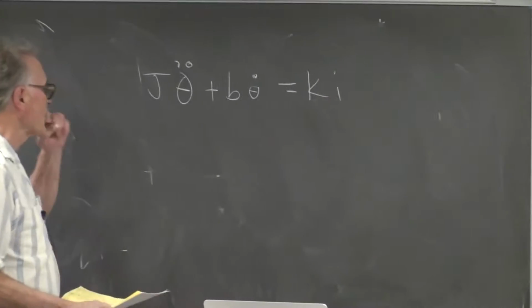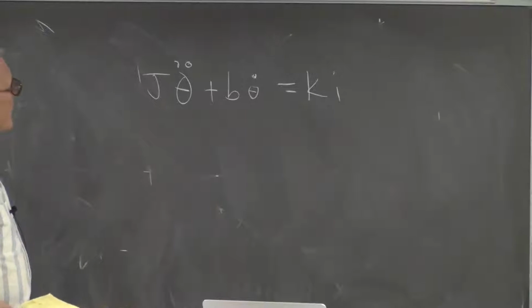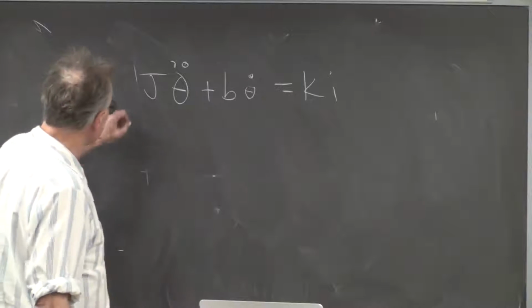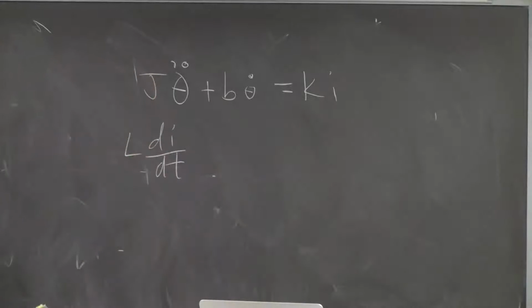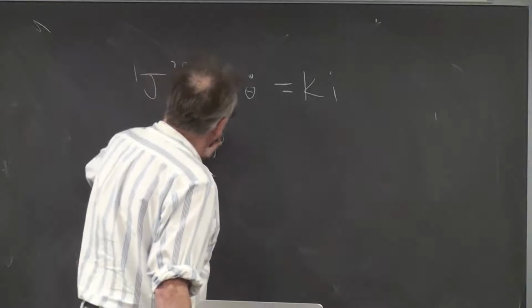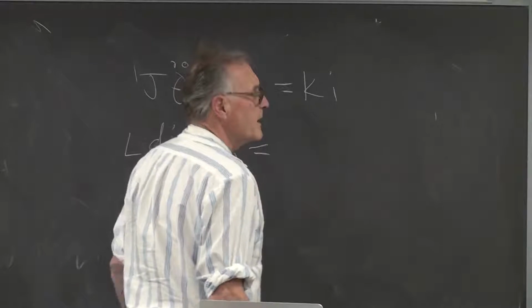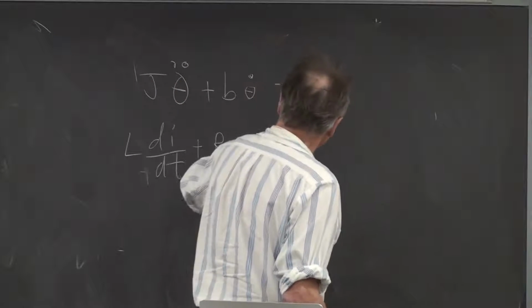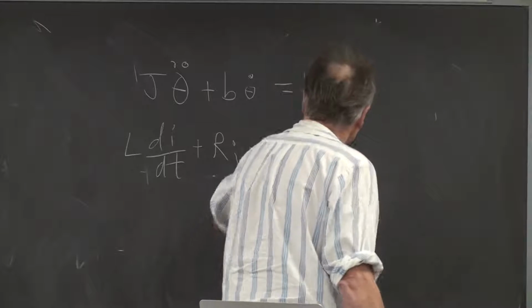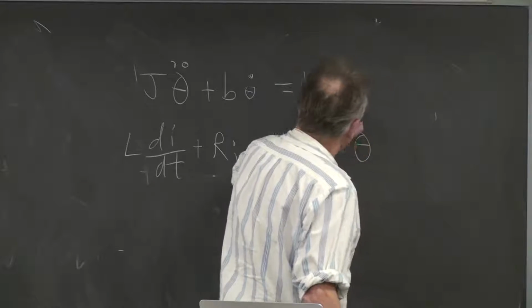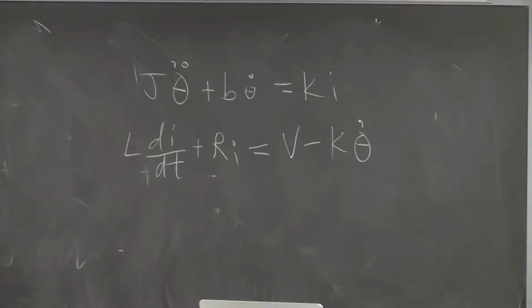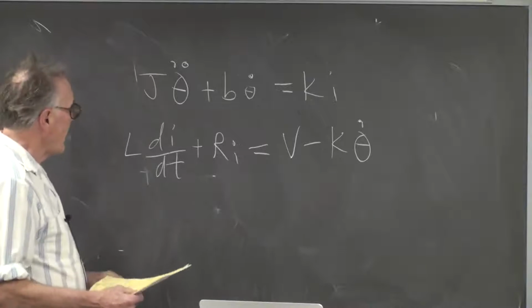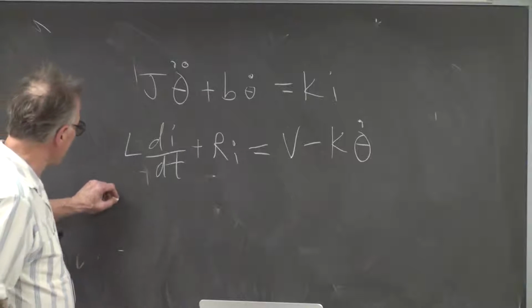And then we can write Kirchhoff's law, which says that L di/dt plus R times I has got to be equal to V minus K times theta dot. And we just solve that mess. Substitute out, get rid of current. And we find the following,